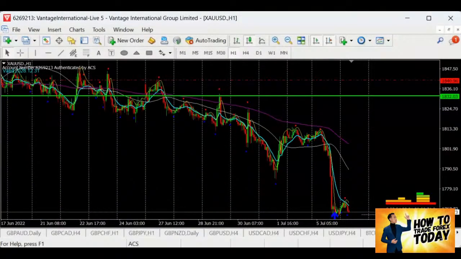Let me sum it up for you. We are going to sell Aussie yen, Euro CAD, Euro yen, Pound CAD, Pound franc, Pound yen, Pound dollar, and dollar yen. Wow, that looks quite a lot. So guys, do pay attention to all this and remember, for those that we need to wait for the resistance, just simply wait for the resistance. We don't just rush into a trade. That's all for today.